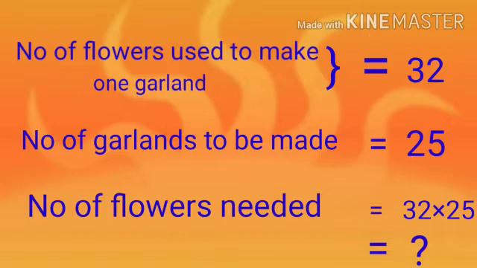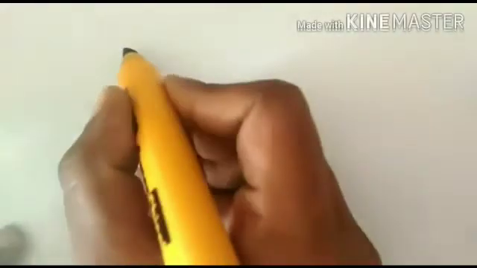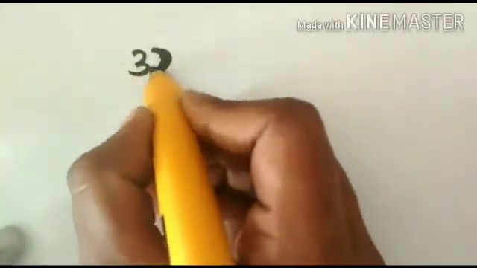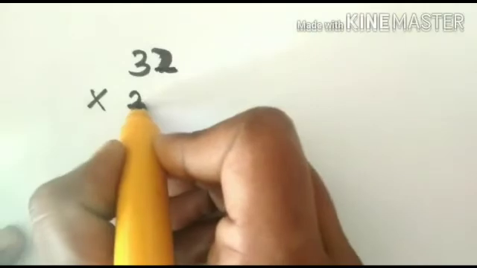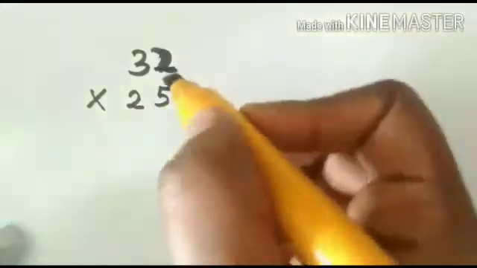Children, you have to find the number of flowers needed to make 25 garlands. So you have to do multiplication. 32 into 25. So number of flowers needed is equal to 32 into 25. Children, you should do multiplication to get the answer. First you have to write 32 in one row, then write the multiplication symbol, then write 25 in another row,